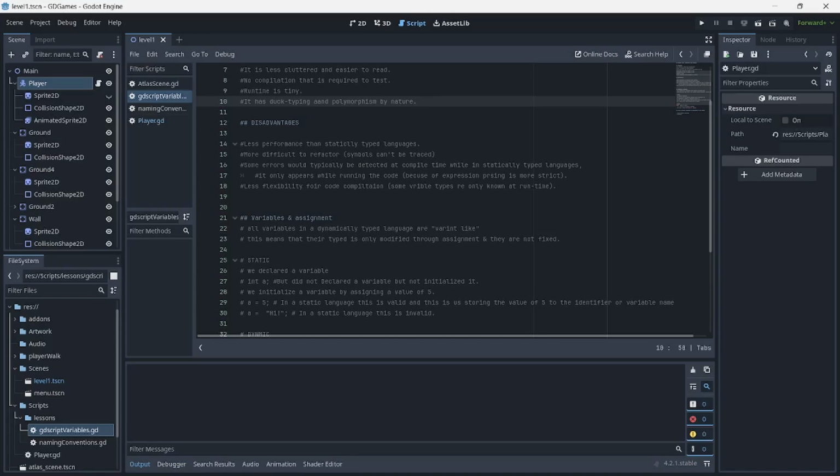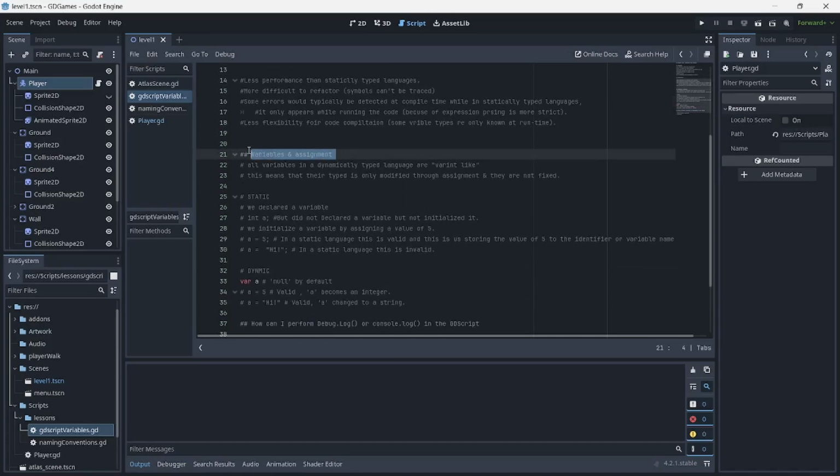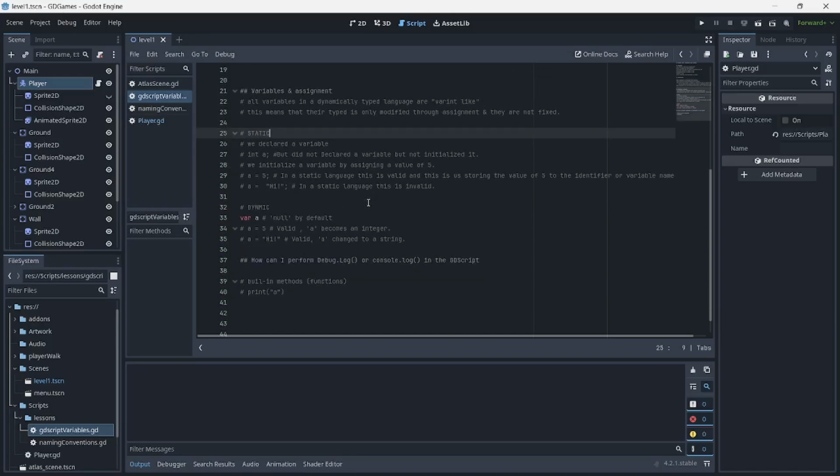I'm also reading through the documentation just to familiarize myself with some of the basic programming concepts that Godot is also adapting in the official scripting language that they have, and that is the GDScript. And we learned that GDScript is a dynamic language. We learned about variable assignment yesterday, or last time. And we also learned how we can go and test things out using the print built-in method.